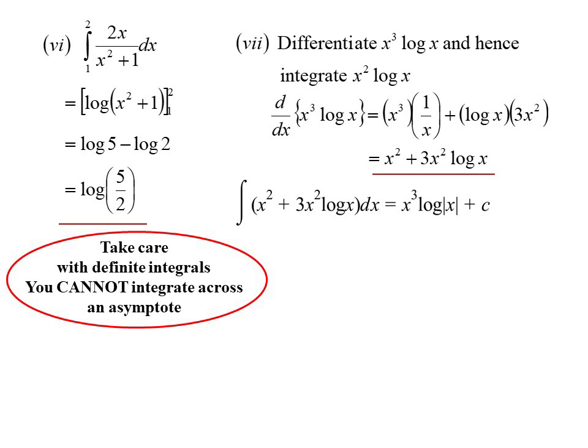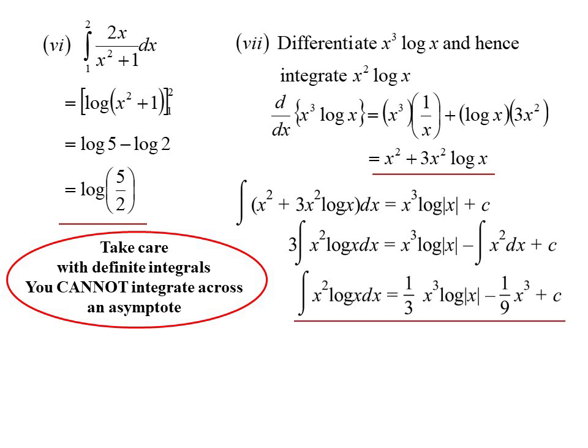But that's when I look at it and think of it like an equation. So I'll move what I don't want to the other side, and that's the integral of x squared dx. It goes to the right. I'll factorise out the 3. We're allowed to factorise numbers out of integral signs. And I now know 3 times the integral of x squared log x will be x cubed log x minus whatever the integral of x squared is. So that will become, when we divide everything by 3 as well, 1/3 x cubed log x minus 1/9 x